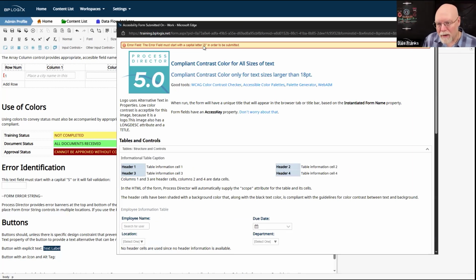If you're going to put an error field in a specific location, then I would strongly suggest that you place one at the very top of the form. The reason you would place one at the very top, no matter where else you might place it on the form, is so that when the form reloads, the user automatically sees the error messages, because the form, when it reloads, will reload to the top of the form.